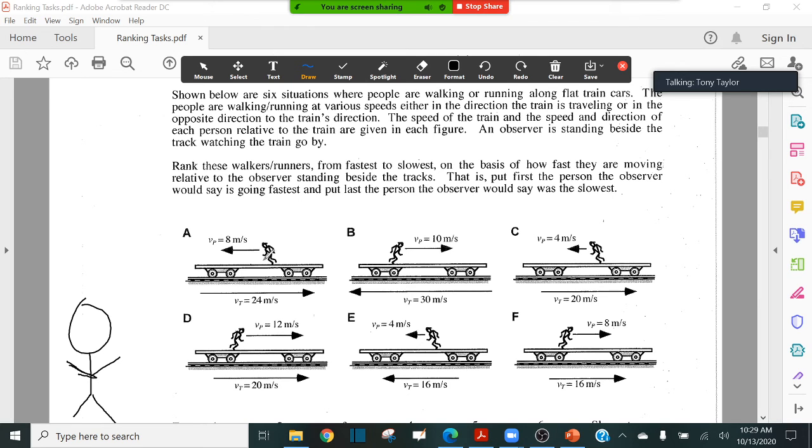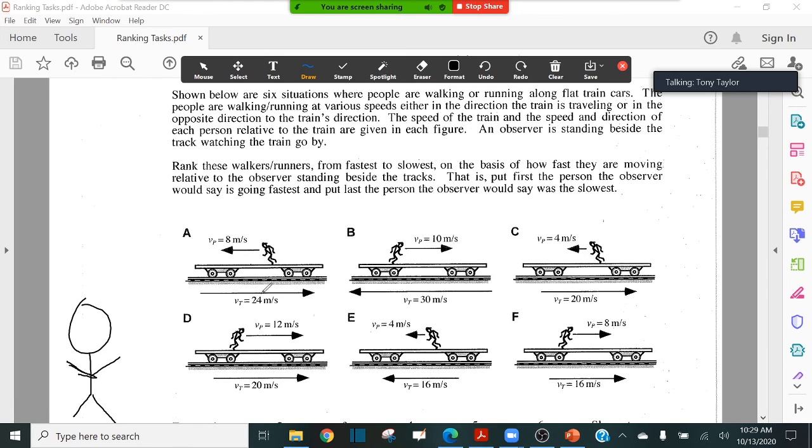In other words, if you were inside the train, this person would be moving at 8 meters per second relative to the floor of the train, or relative to the platform of the train. So everybody got that? Okay, so someone tell me, if this person right here is watching this train go by,